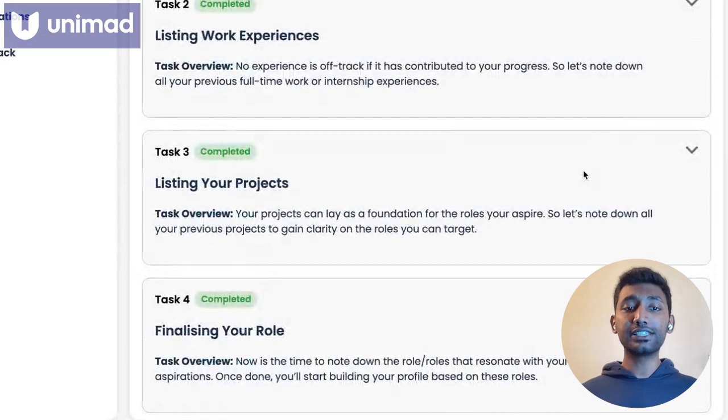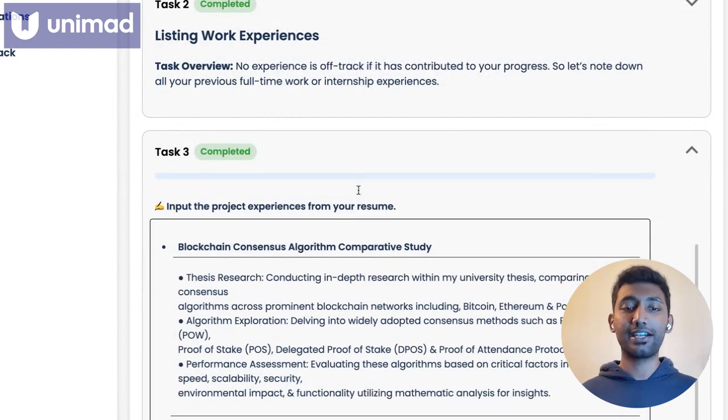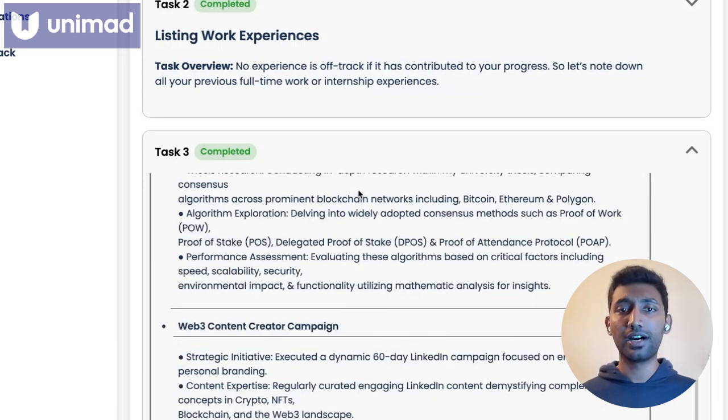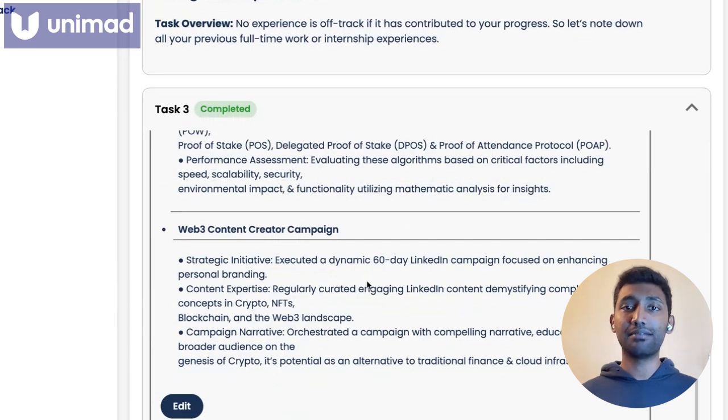Once you're done with task 2, you go to task 3, which is listing down your projects. In the project section, you will write down all your projects, which is the title and description of projects you've done so far. It can be your UG projects, it can be your PG projects, it can be a side project, whatever you worked on. Just add all the projects and submit it. Task 3 is over. So once you've completed the first 3 tasks, and when you open the 4th task, Unibot